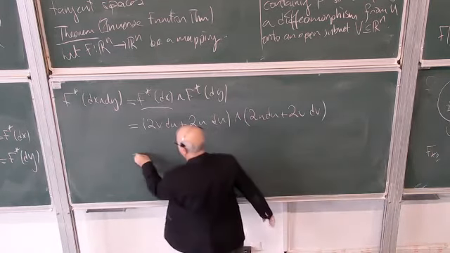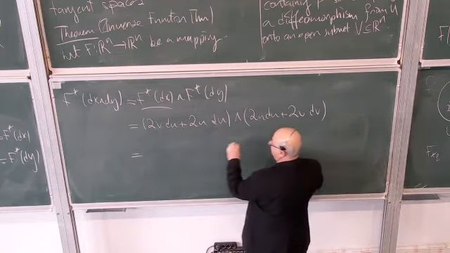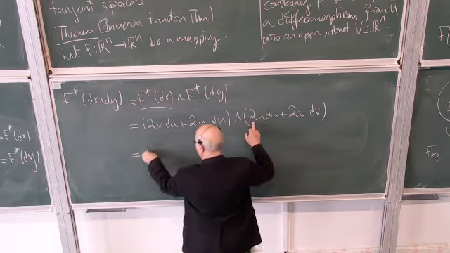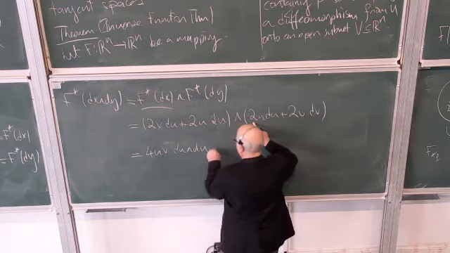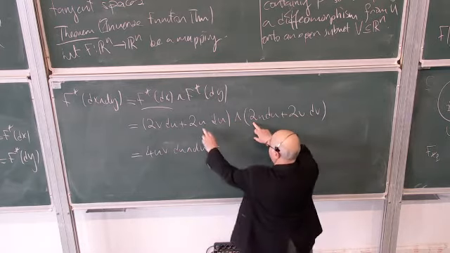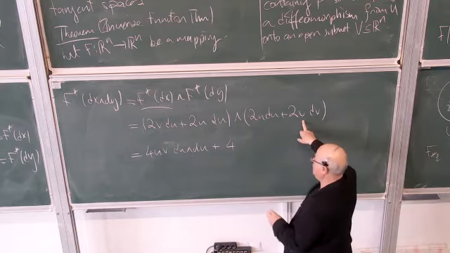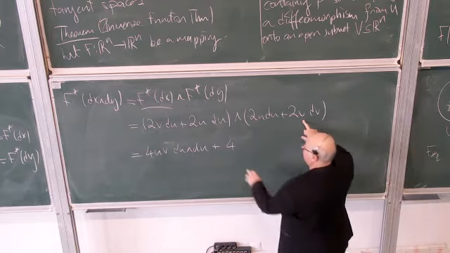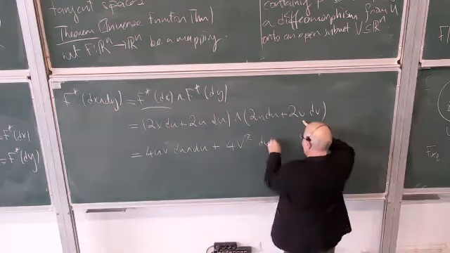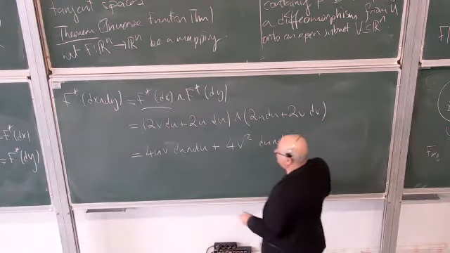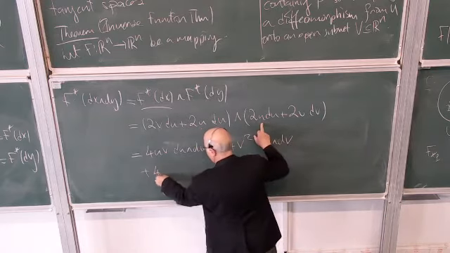And then you form the wedge product. Well, I have 4uv du wedge du plus 4v squared du wedge dv plus 4u squared